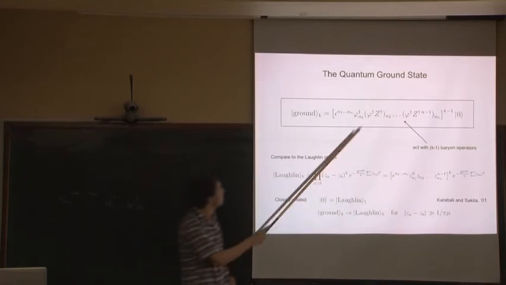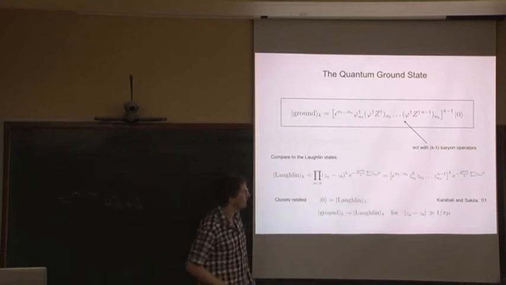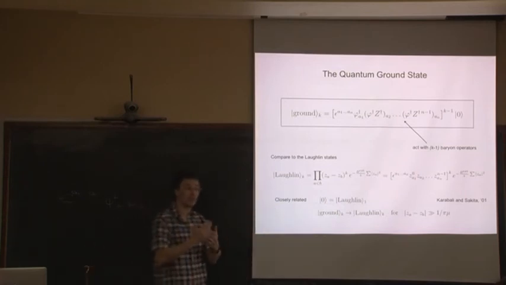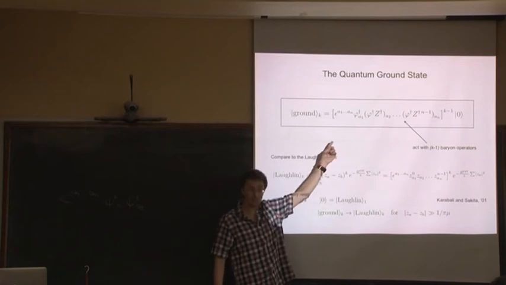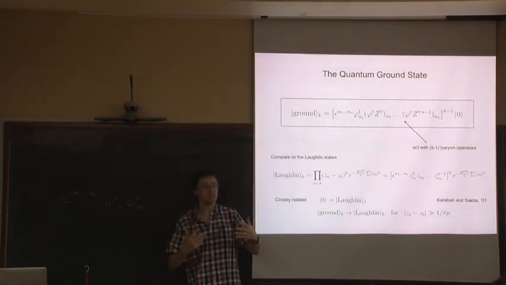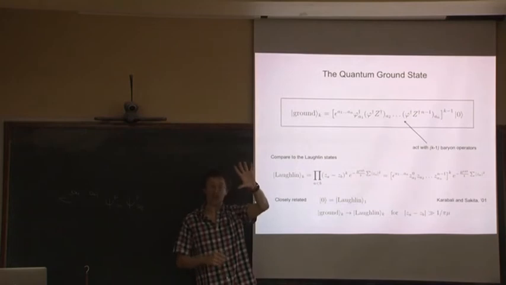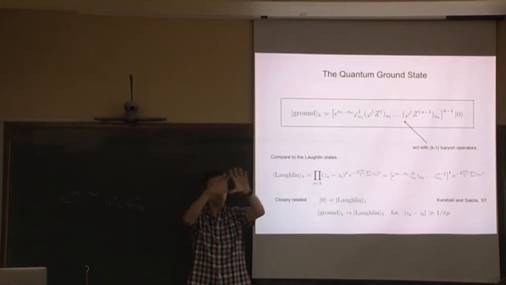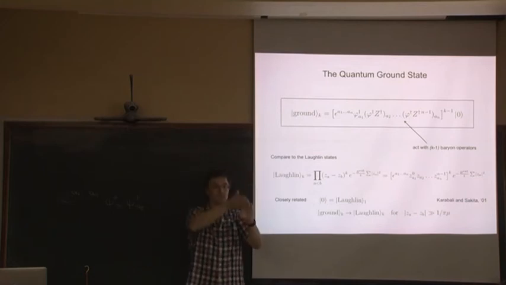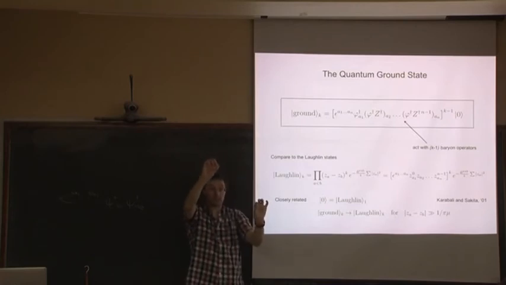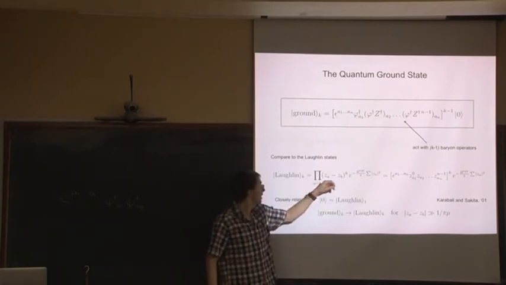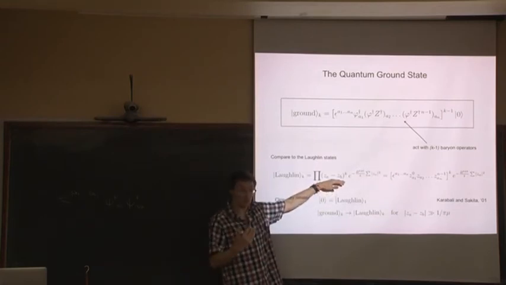All right. So how do you do the map between this and this? Well, there's a beautiful paper by Karabali and Sakita back 15 years ago, and they showed there's various different ways to parameterize this Hilbert space. But the obvious one is the following: you take Z and you diagonalize it. You can't diagonalize it with a unitary matrix because Z and Z dagger don't commute. You diagonalize it with x Z x to the minus 1. But you write it as z1 to zn down the diagonal. With that parameterization, you then translate it into a wave function using those coordinates.